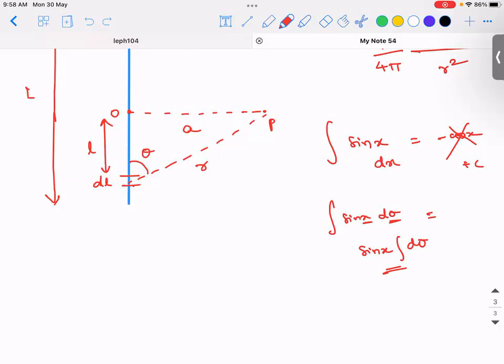So what I need to do is consolidate everything and bring it to a format where I'm able to write everything in terms of one variable. That variable I am free to choose. So I will choose theta as a variable. What I'm saying is, I want to write dl in terms of theta, and I want to write r in terms of theta. That is what I'm going to do. Okay. Having said this,